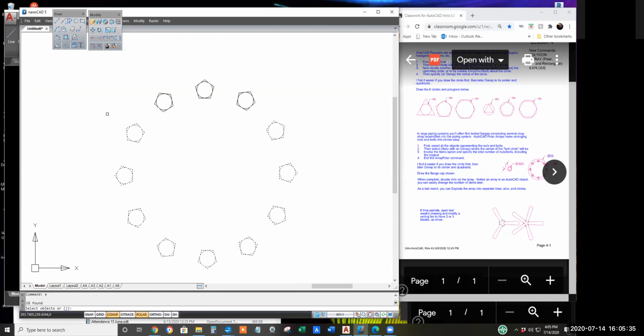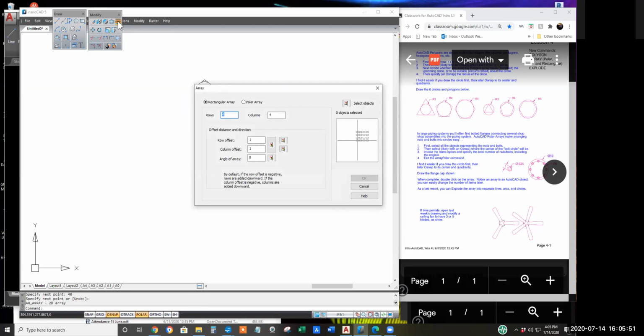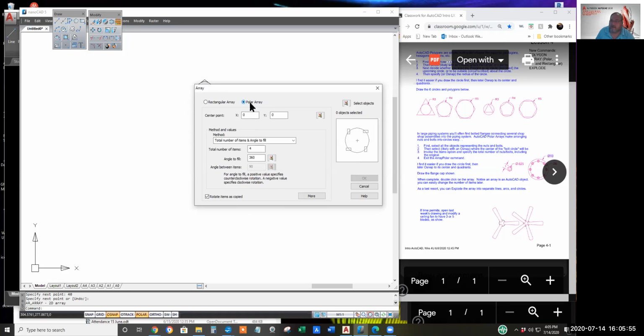All right, let me catch up with you here. I'll draw a line straight down, say 40 units. That'll be the center of my polar array. To catch up with you, click on the array icon, specify polar style.